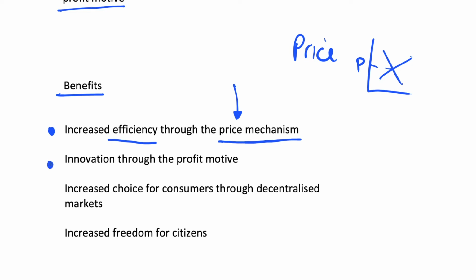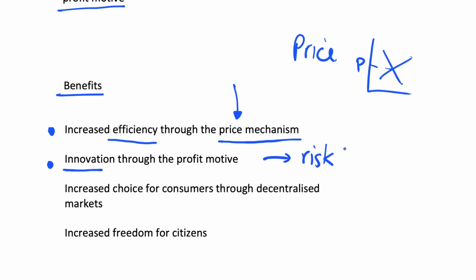So the second benefit is linked to this, that we have innovation through the profit motive, and this isn't necessarily producing what people are demanding right now, but it's figuring out what people are going to demand once we produce it, and coming up with a good that will be in demand once we produce it, and this is innovation. And on top of this, we could say that we have risk-taking behavior in this economy